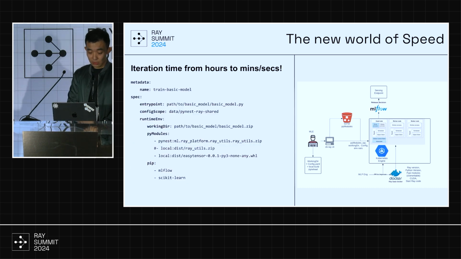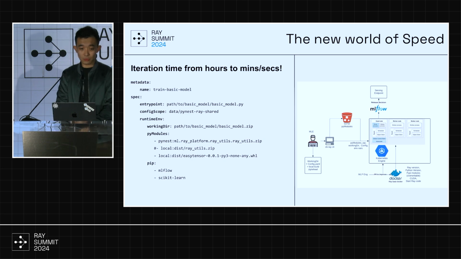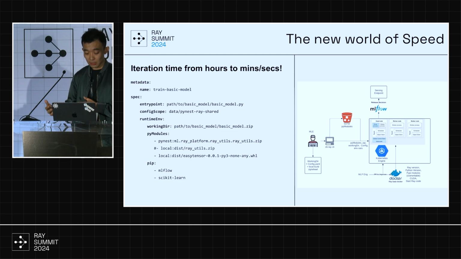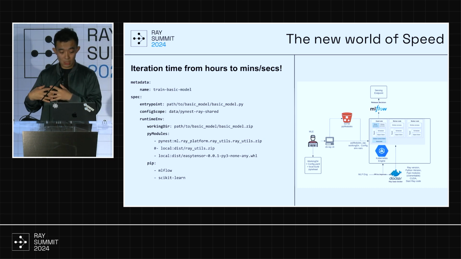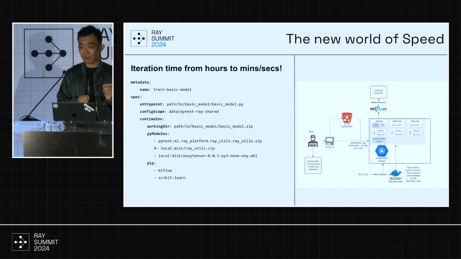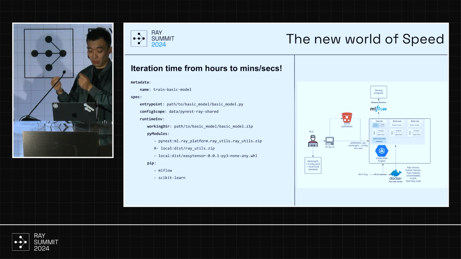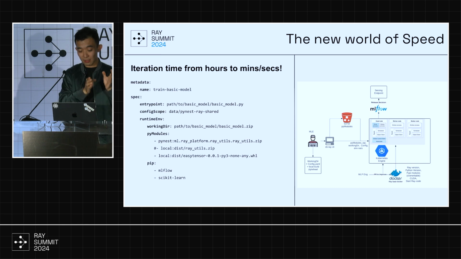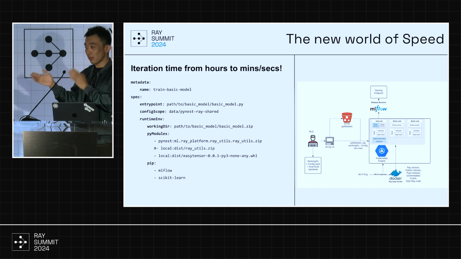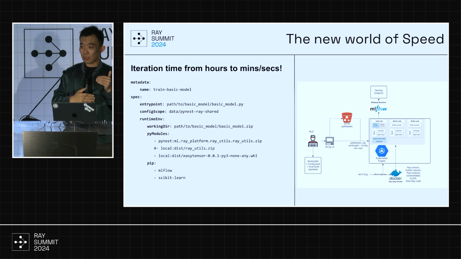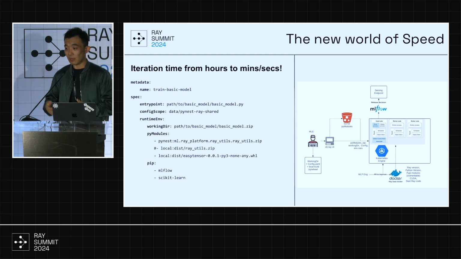Let me give you a look at what the YAML file looks like. It's pretty similar to what we have for the Ray config YAML file. We add this thing called the py module part. We let you build your local wheel file, and then send this local wheel file to remote, or we can use this PyNest, which is what our repo is called. Basically, you tell it what the remote one is, which is already checked in the code, and then you can either use the remote one, already checked in on the master branch, or you use your local branch one. So your local branch uses your build file to build a local zip file or wheel file, and then